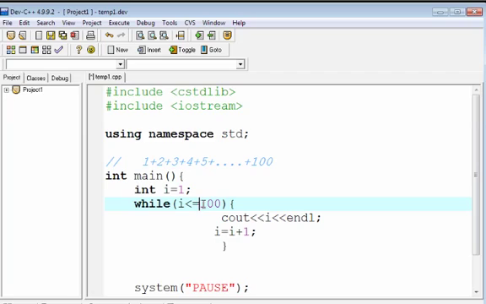Why do I need to make it less than or equal? Why is less than not sufficient? Do you know the answer? Yes, because if it's only like this, then it will add them all the way to 99, because 100 is not less than 100. So we have to do it like this. Then